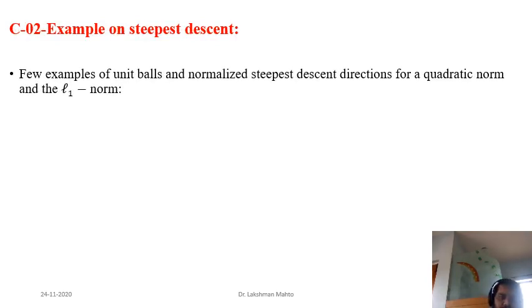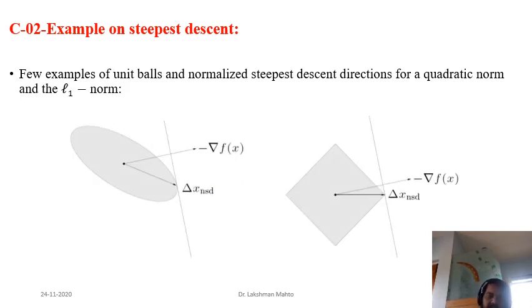For a few further examples, I have taken a unit ball, or further geometry, and you will see it here as a steepest descent direction. If you take this kind of elliptical ball, and you observe the negative of this gradient, it is not actually giving a steepest descent. This is the steepest descent direction.